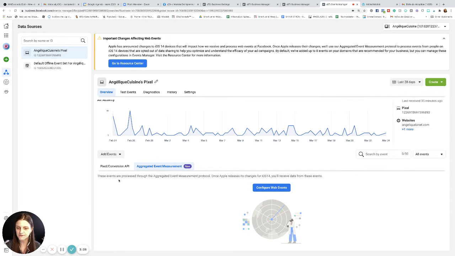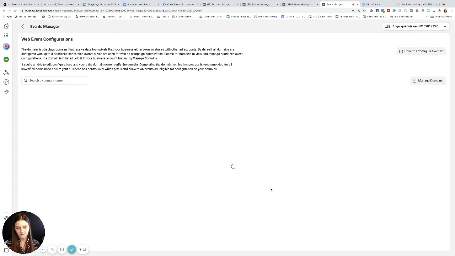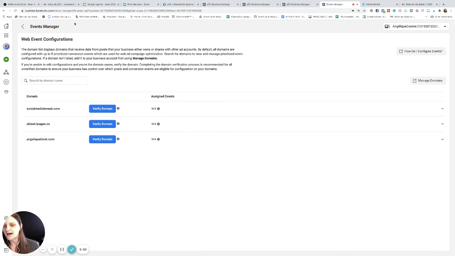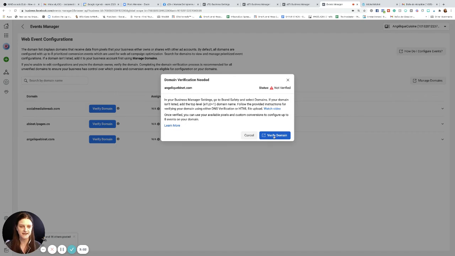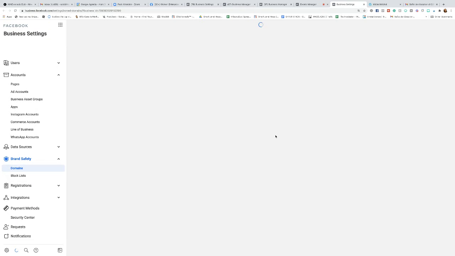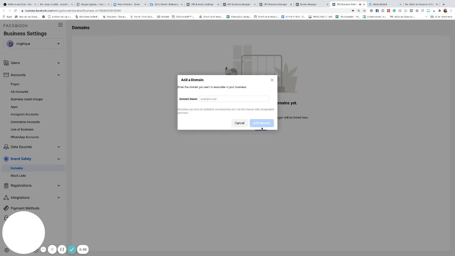So these events are processed through the aggregated event measurement protocol. Don't worry about the jargon. Once Apple releases its changes for iOS 14, you will receive data from these events. So before that, it's to help you track people who go on your website, basically. Then you have to verify your domain. So if I want to verify angeliquebinet.com, you're going to click there, verify domain. Then you click on there, and Facebook is going to provide you with a